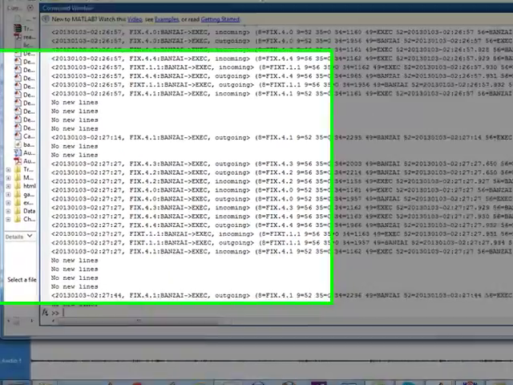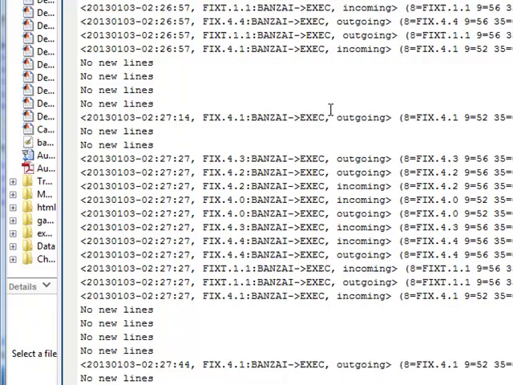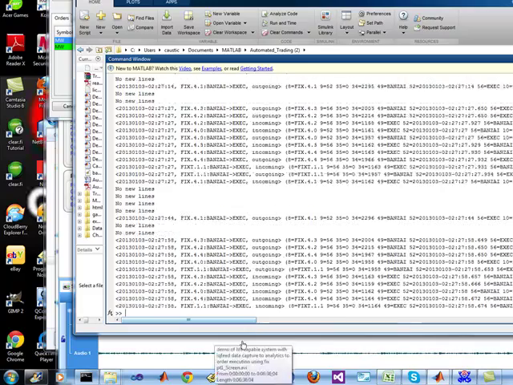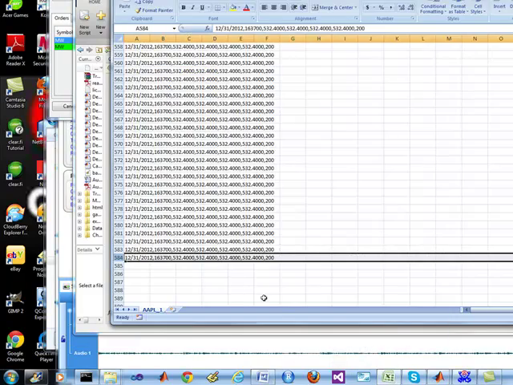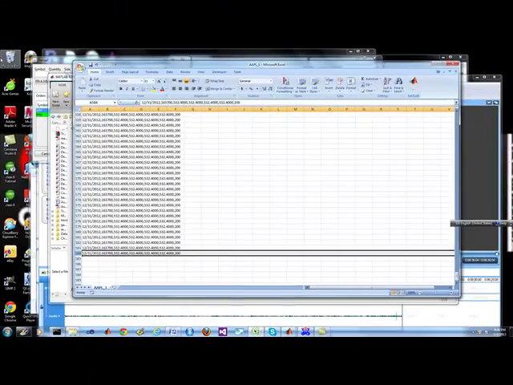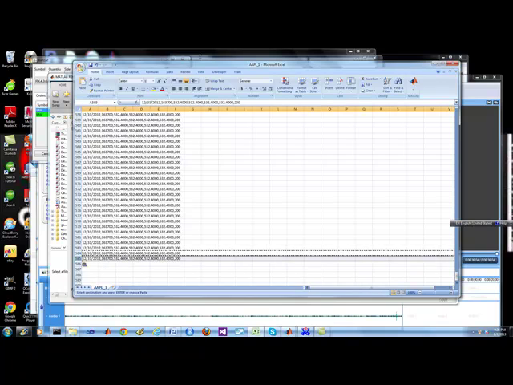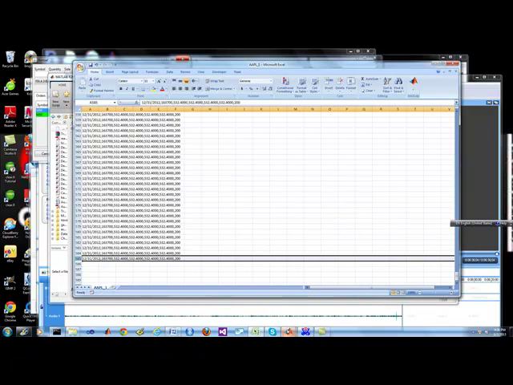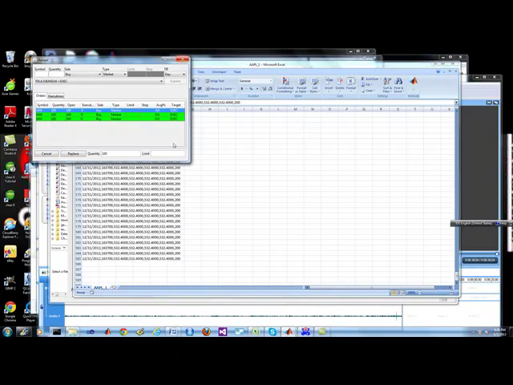But that's the gist of it on the running of an algorithm, as well as watching the historical data. So let's say if a bar comes in, another one, on this tick file or historical file or whatever, an order will get placed automatically.